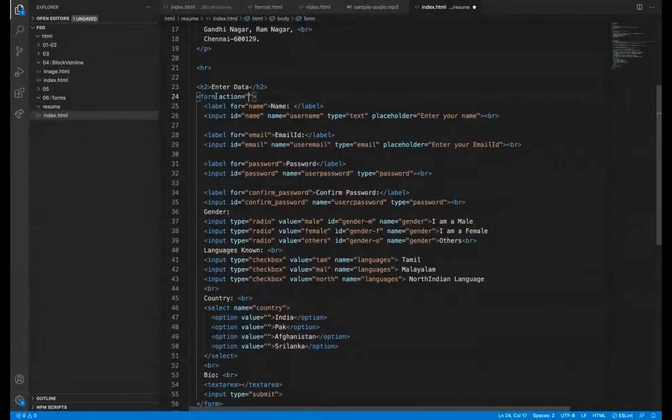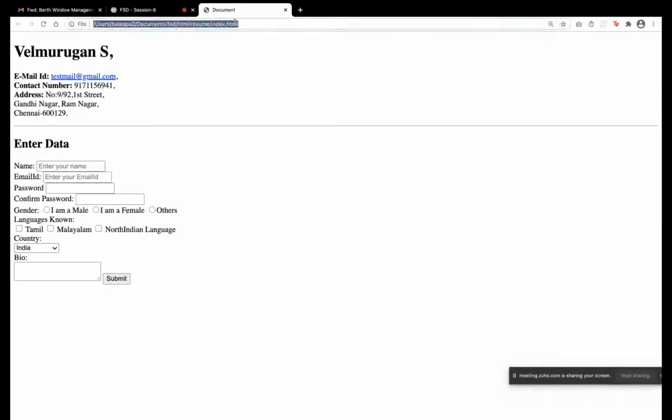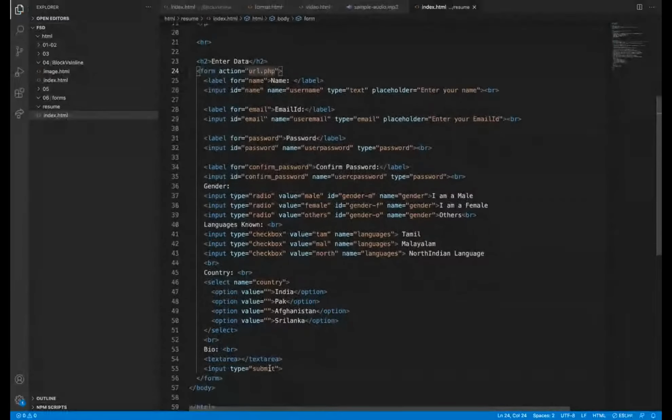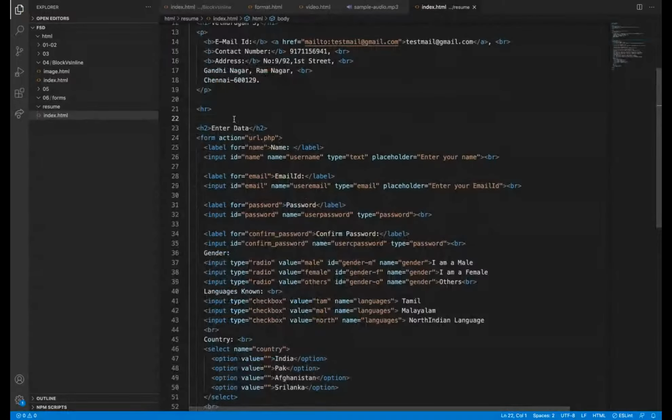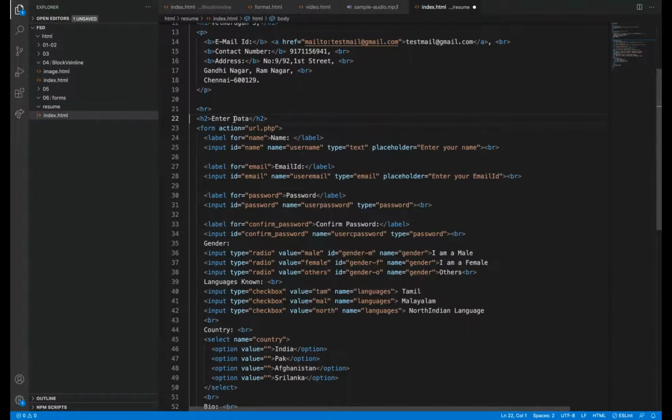Here you can give the URL, that should be the backend where the form needs to be submitted. For now, it may be url.php. I'm just giving it. So if I click on it, the values will be sent as I have said: username, because this is the variable given in the name attribute. So username is equal to Pavi. Like this, it will be sent to the backend. So for that, we are using the action attribute.